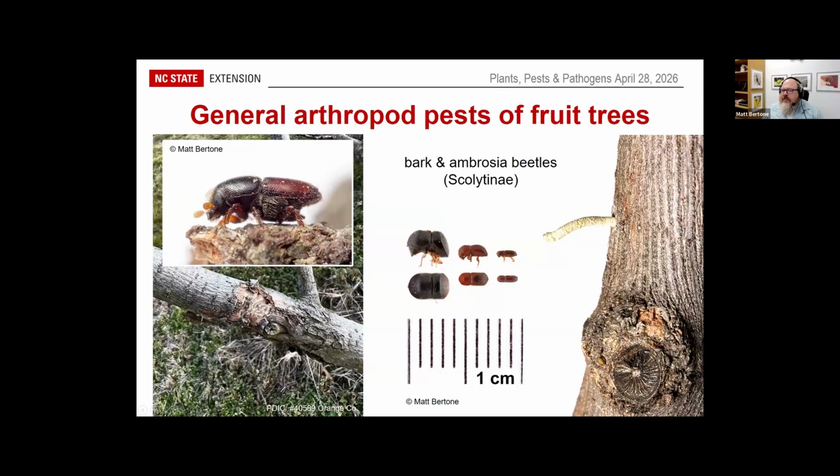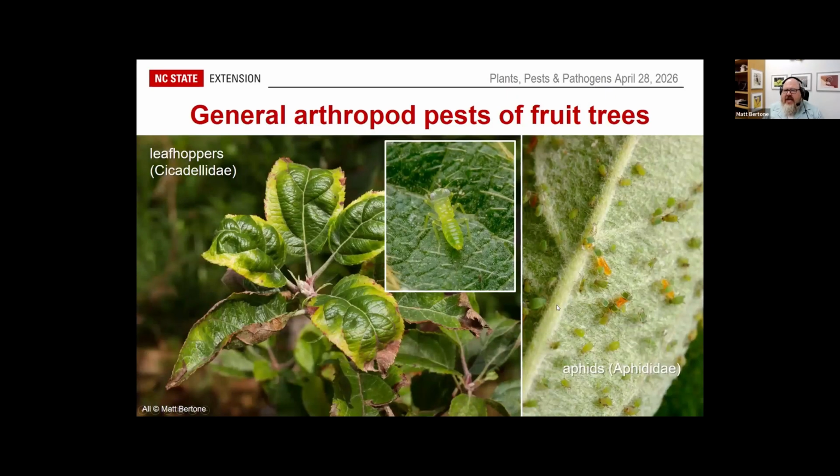And the ambrosia beetles bore right into the wood where they seed it with fungi. They grow the fungus in the tunnels and then feed on it as adults and larvae. But again, these are going to be signs that something else is going on with the plant and not a direct pest. A lot of leafhoppers and aphids are present on these plants, and leafhoppers can actually cause hopper burn when they feed on the young shoots. The toxic saliva can cause it to burn like that,